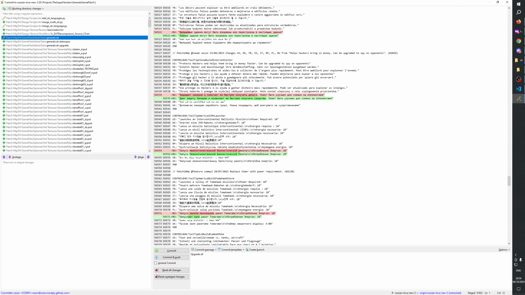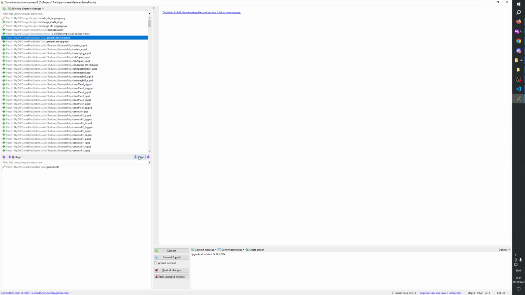Upgrade all to latest, 04 October 2024. Upgrade all to latest. Okay, let's take that, commit,